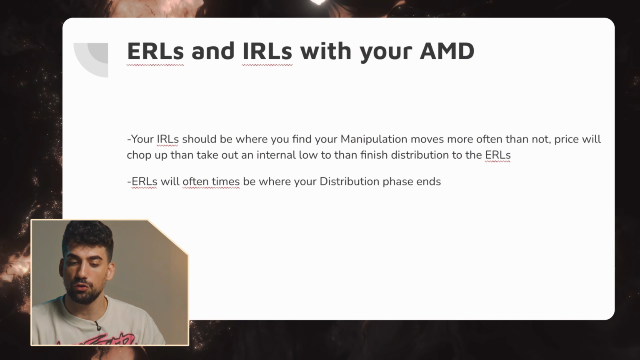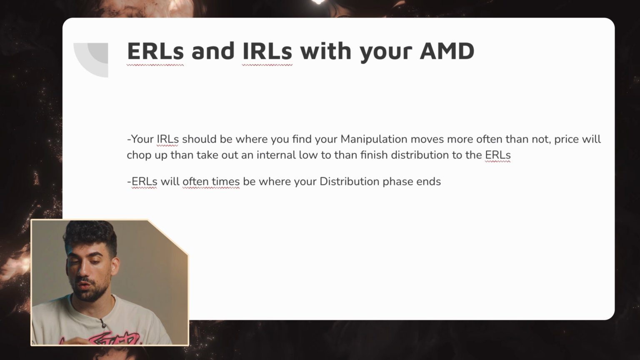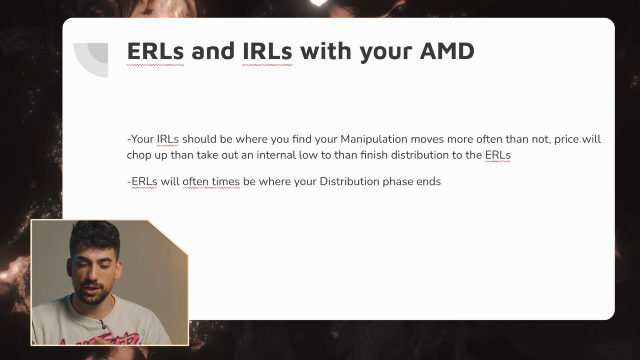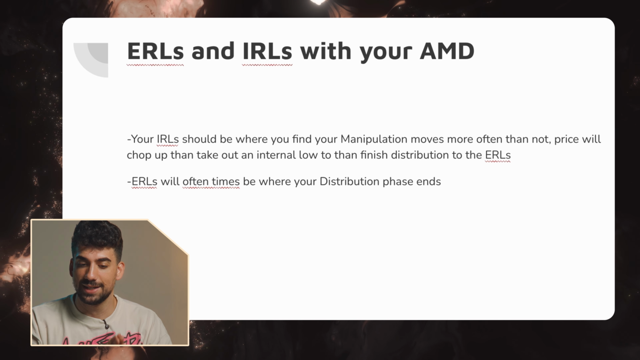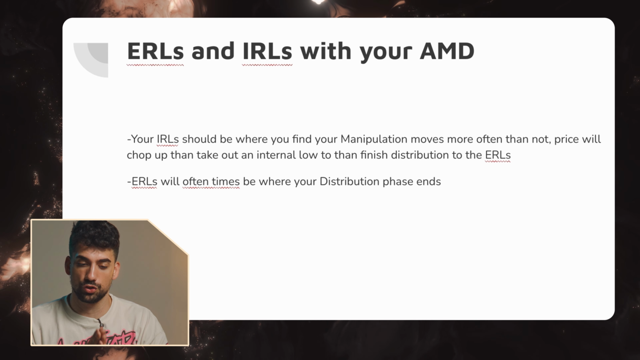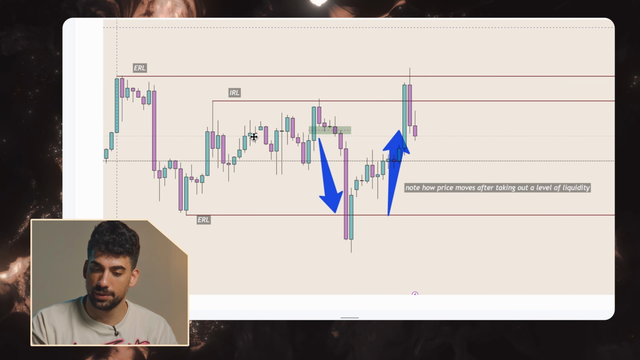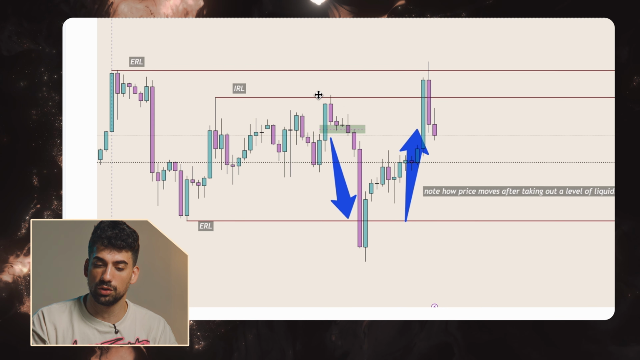You can also use your external range and your internal ranges within your AMD. Your internal range liquidity should be where you find your manipulation moves more often than not. Price will chop up, then take an internal low, then finish distribution to the external low. If we look at this example, price chopped up, created a fake move that took out its internal range liquidity